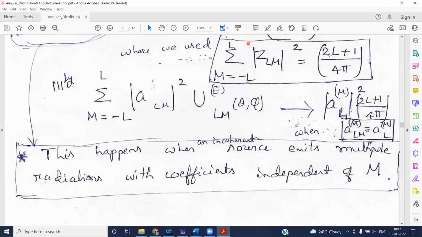When I count the number of gamma rays coming in a particular direction, I get angular independence. It is isotropic in all directions. I again emphasize, when do you have no dependence on theta phi? No dependence on theta phi can come when I sum over m value for all the directions. That is, if I count the radiation and sum over m, that is what I do experimentally.